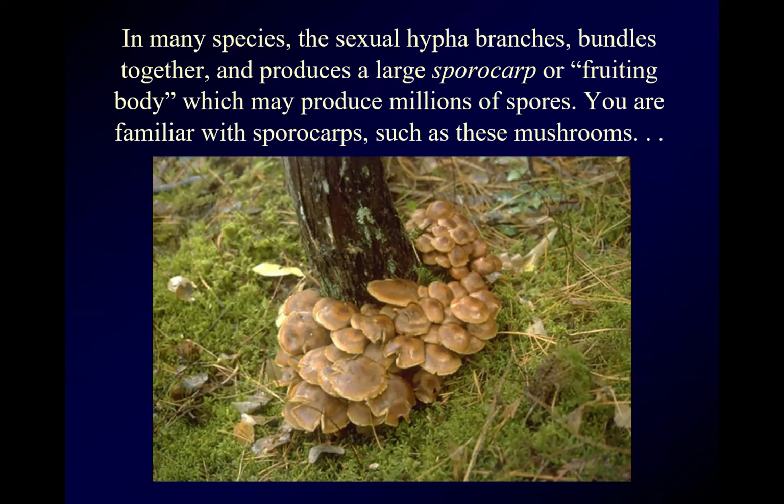In many species, that sexual hypha is what branches and then webs together and forms a big sporocarp. And the sporocarp may produce many millions of spores. Mushrooms are by far the most familiar sporocarps. If you look carefully on the underside of a mushroom, usually you'll see little folds called gills, and specialized hyphae on the gills produce spores. And one mushroom might produce many millions of spores